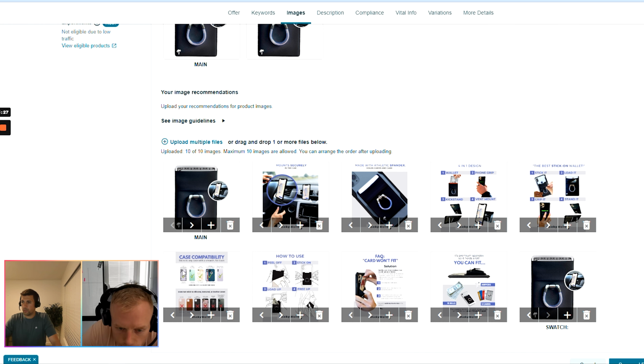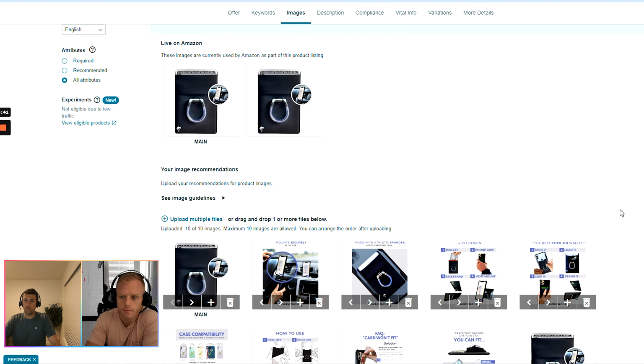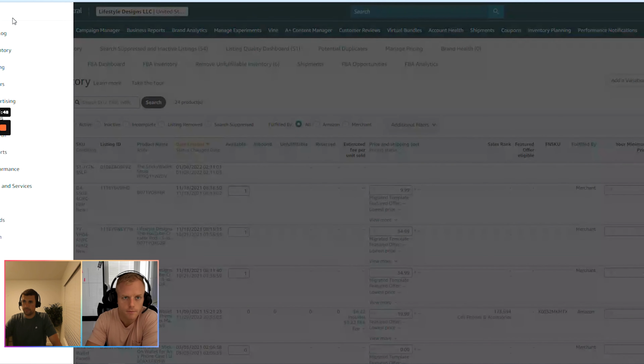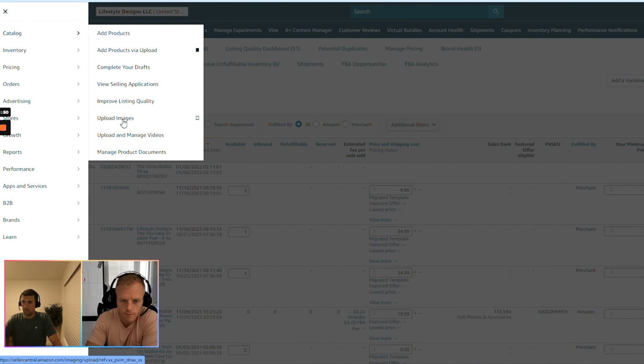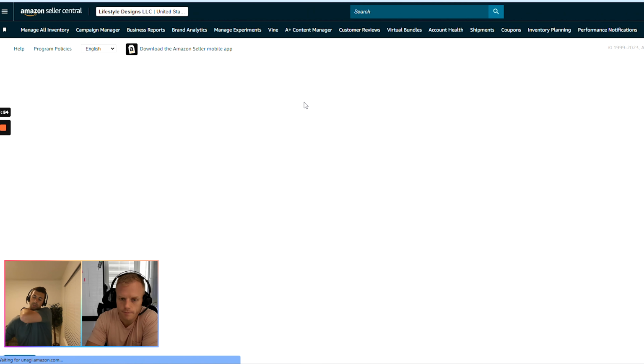So you have these different sections that you can include, and then you can move images left, right, etc., and place them where you want in the sequence from here. Or there is another place where you can do it, over in the catalog, in Seller Central. You can upload images, and you can control this from here as well,